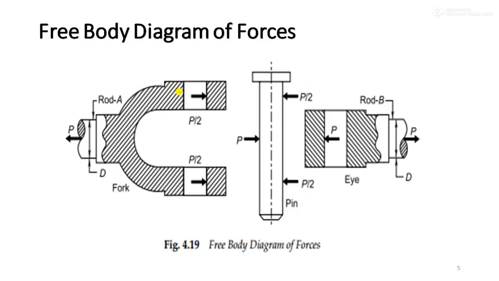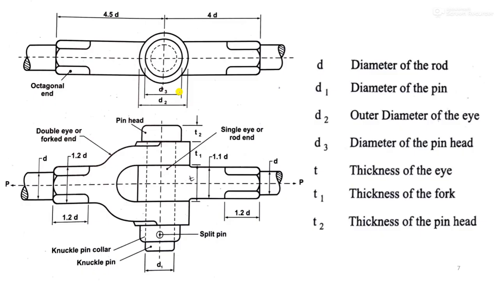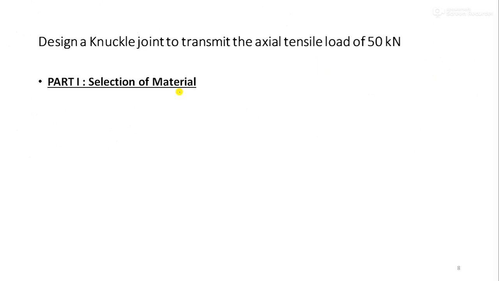Then the very important free body diagram, that is the forces acting on the fork end, eye end and the pin. Then we also understood the schematic diagram, using the diagram from page 7.139. Then we considered different notations like diameter of rod D, D1, D2, D3, T, T1, T2. Then we started with the actual design, designing a knuckle joint to transmit axial tensile